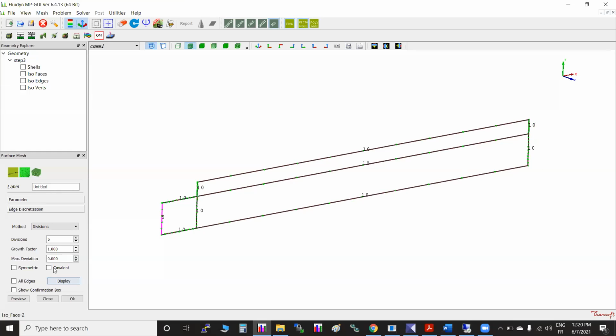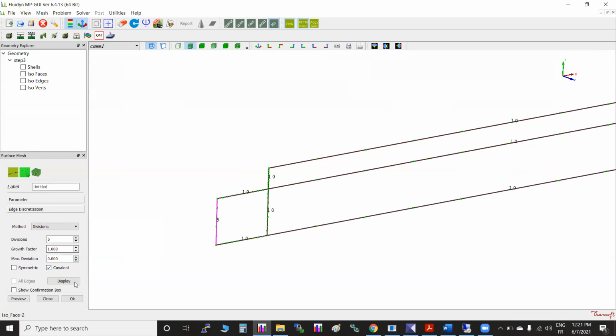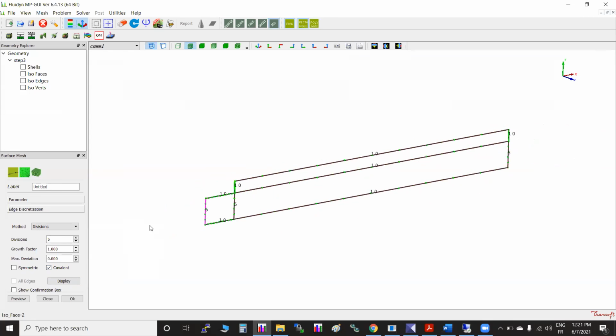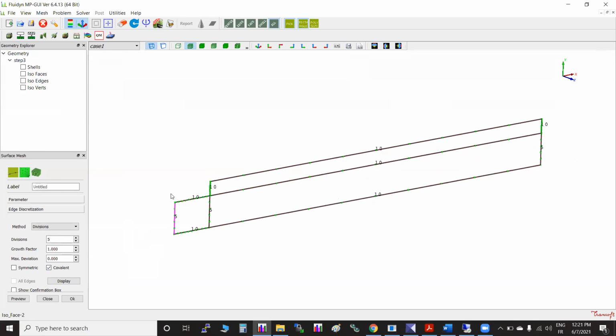So what do we do then? We have an option called Equivalent. In it, we select this edge, give the number of divisions 5, and just display it. So whatever is parallel to this edge will be considered as having the same number of divisions. See, it saves our effort. Here also let us create 5. Here create some 30. See, this has saved our efforts.